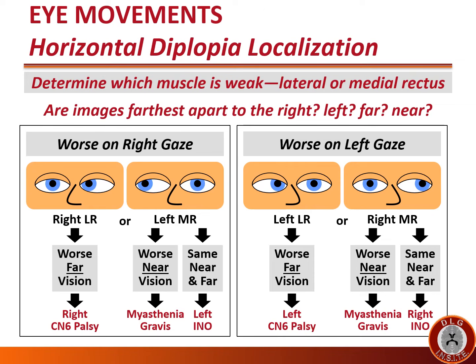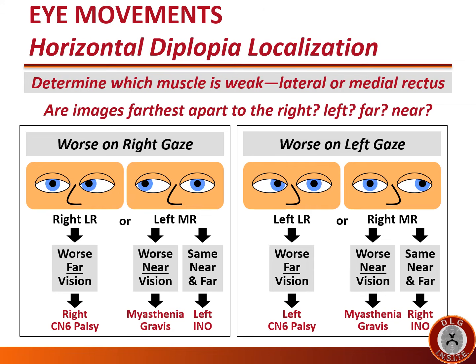Let's look more carefully. If the double vision is worse on right gaze, then the problem is either the right lateral rectus or the left medial rectus. How do you tell the difference? Well, it depends. Ask the patient, is the double vision worse, in other words, images farther apart when you're looking in the distance, far, or near, such as when reading, or are they the same near and far? If the images are worse on far vision, it's a right lateral rectus problem, and therefore almost always a right